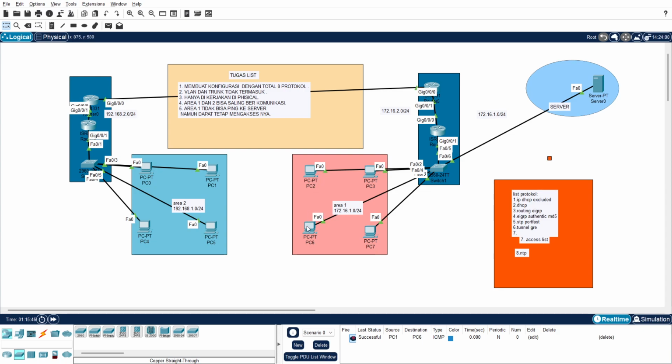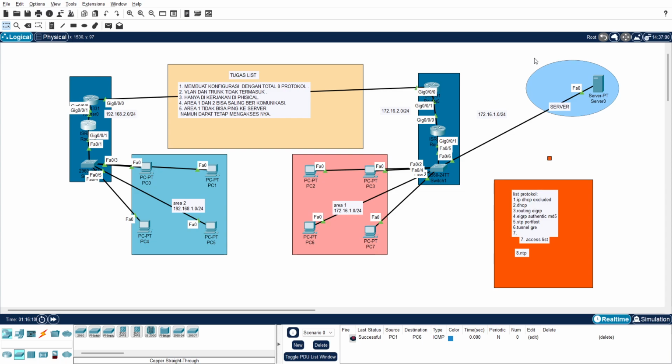That's why it proves that I'm using routing IGRP. I will show you the show run, okay, yeah, I think it doesn't matter.